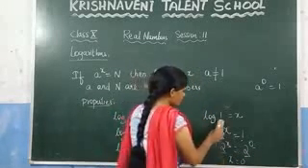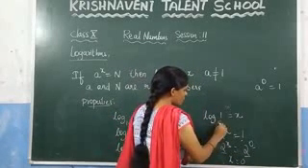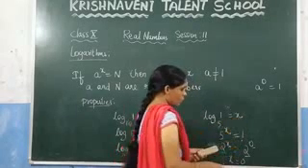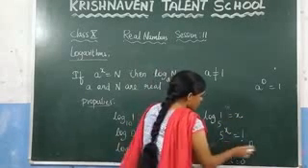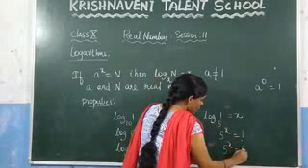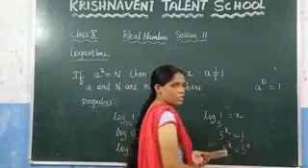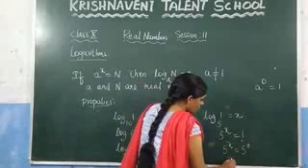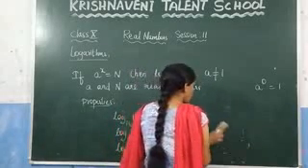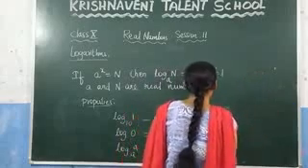That means if you consider any base, let us consider the base as 5. What do you get here? You get 5 power x is equal to 1. Now you can express this as 5 power x is equal to 5 power 0, since anything to the power of 0 is always 1. So here you get the result as 0. That means the value of log 1 is always equal to 0.